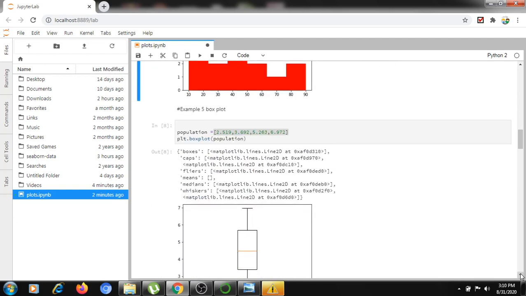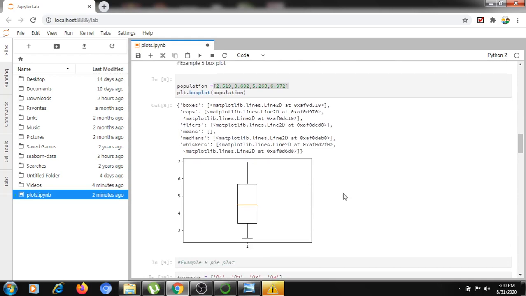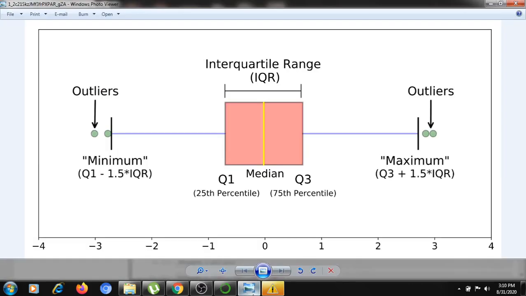Next we'll discuss the box plot. If I want to represent my output with a box plot, we can use the box plot. Here we need to calculate q1, q2, q3, and percentiles. We'll discuss the box plot a little more. This is a box plot. This is the minimum value, this is the maximum value, this is q1, q2, q3. These are the 25th percentile, 50th percentile, and 75th percentile.